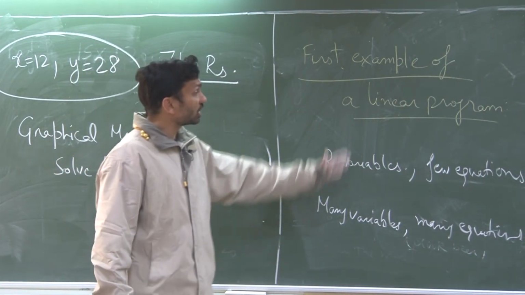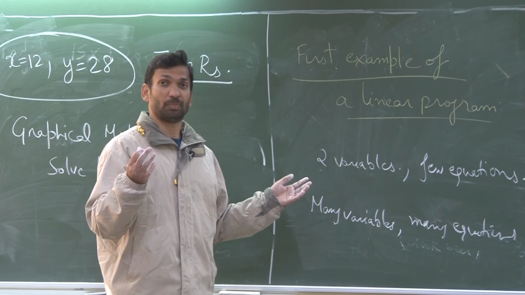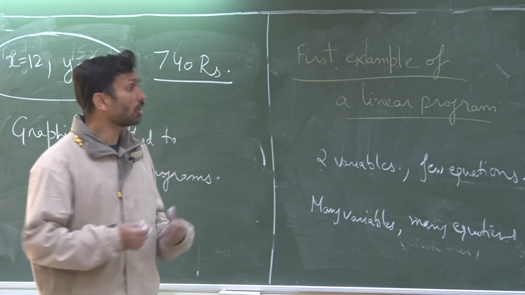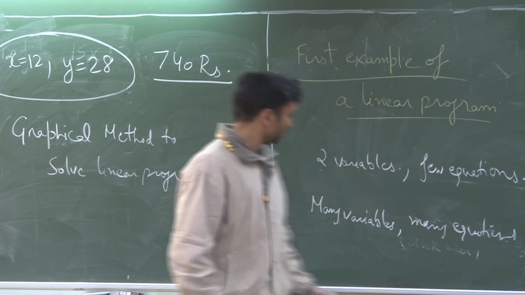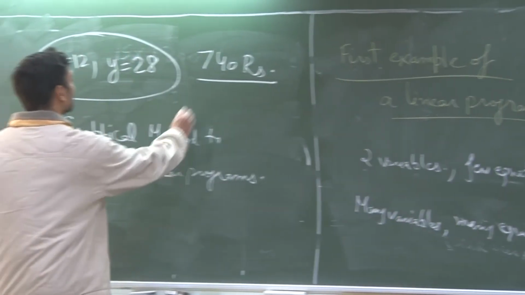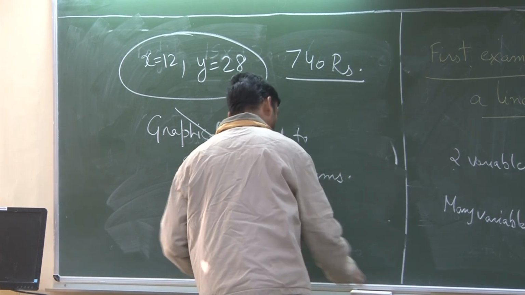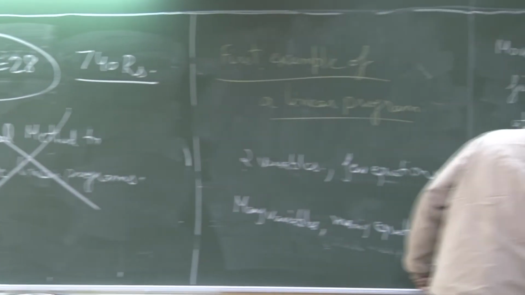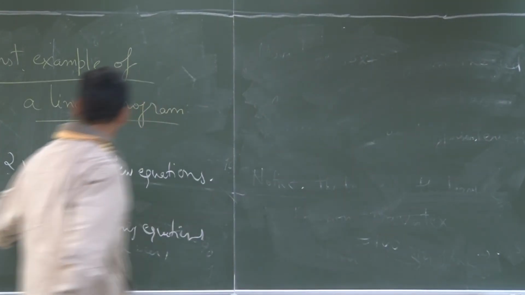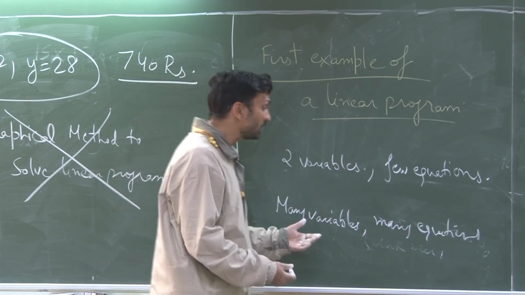And then the picture I drew just now on the board, you have to draw it in a 1000-dimension space. And I don't think any of us can do that. So the real world problems are not as simple as our brewery problem. There you will have thousands of variables, more than thousands of equations, and then the graphical method is not sufficient to solve anything. So this course is going to tell you how to solve linear programs even if you have a lot of variables and a lot of equations, and not just that, what are the real life applications of solving such